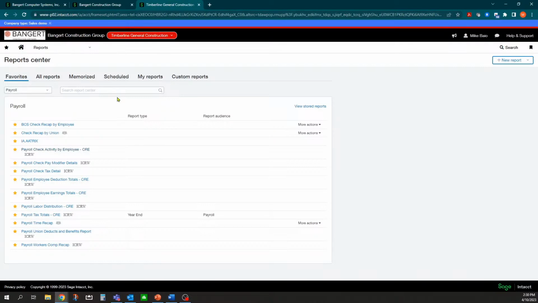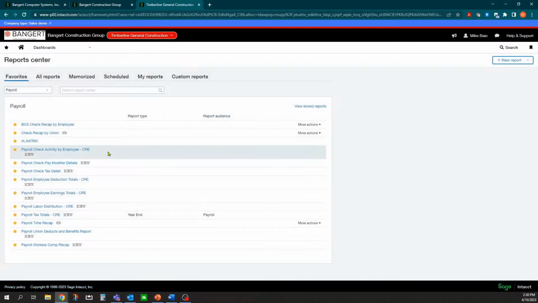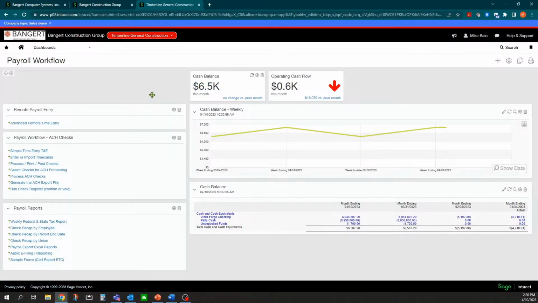Ultimately, the other area you can streamline your reports is with dashboards. And dashboards can be very useful to see the information that you want to see, or have links to where you need to go. So for example, I've created a dashboard here called Payroll Workflow. Some of the uses that I have here for somebody who's doing payroll workflow is they might want to see some cash balance information, maybe time entry, how many employees don't have time entered so far to date. So you can have any of those widgets set up for that.